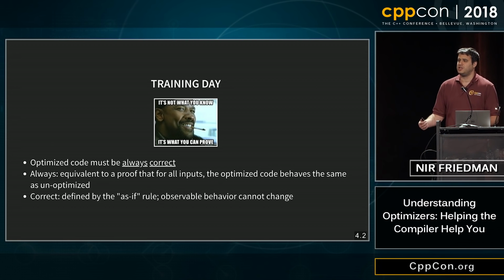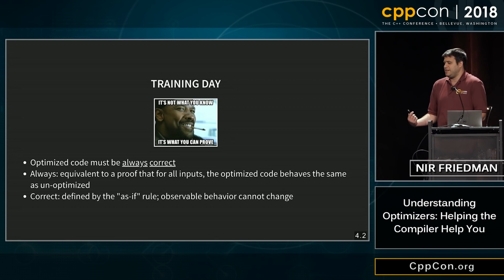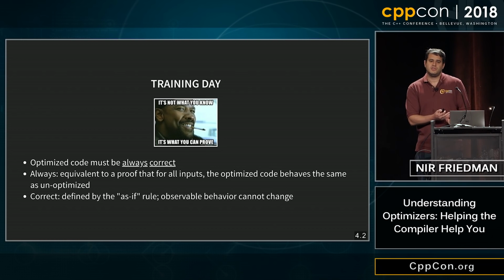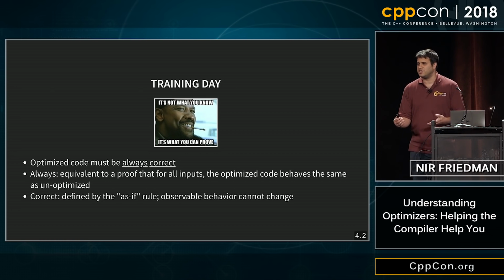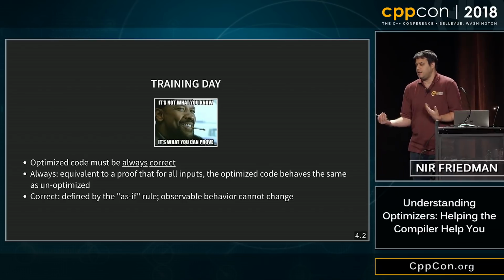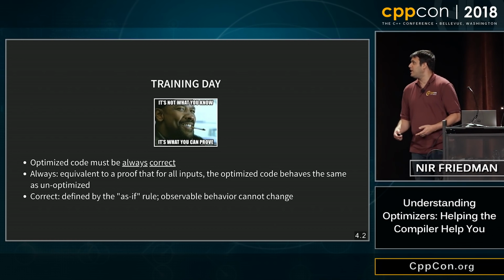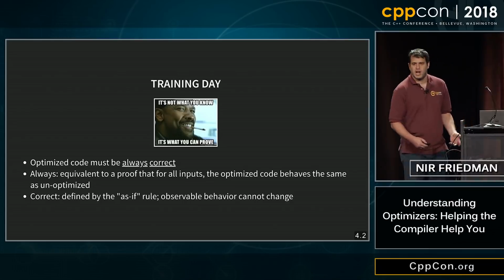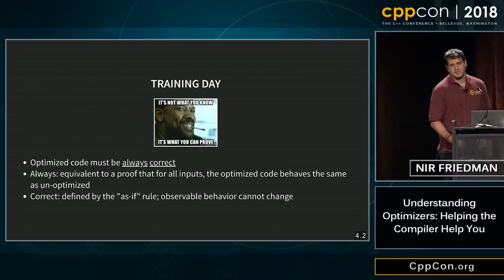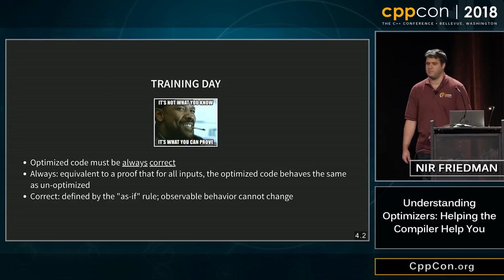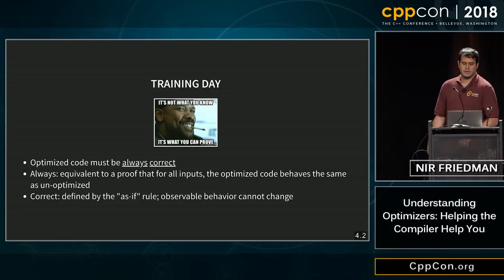So every optimization is like a proof, right? It has to prove that given what it knows, all of the observable behavior is always the same in the original code and the optimized code, okay? So, you have to define observable. I'm not going to do that. I think Bryce has talked a bit about this. The C++ execution model, definitely should watch that talk, but we're not going to get into the details of observable, but it's at the very least common sense things, right? It's got to return the same value from the function, right, for legal inputs.